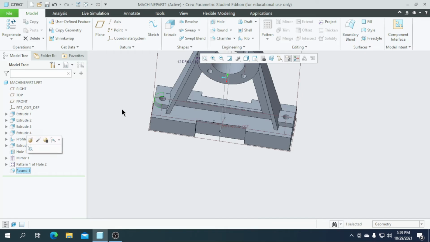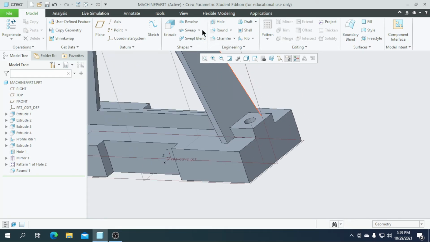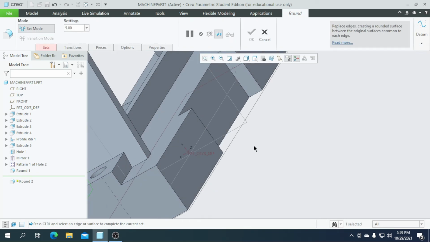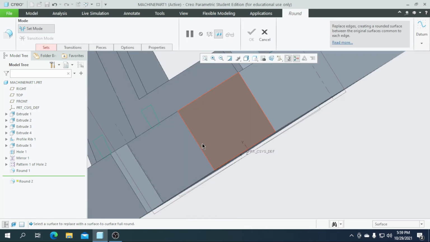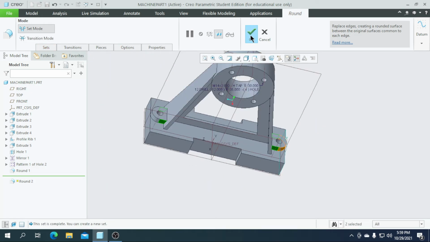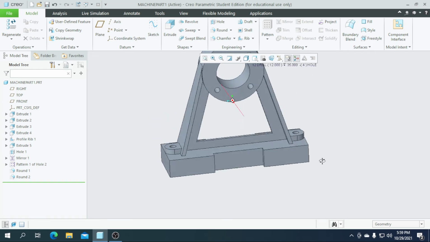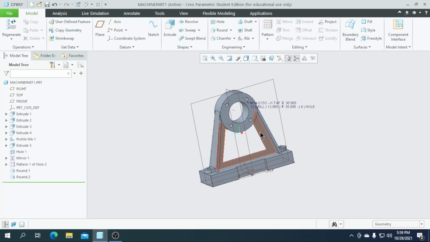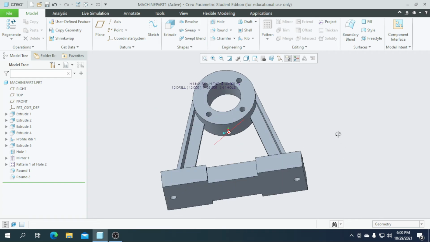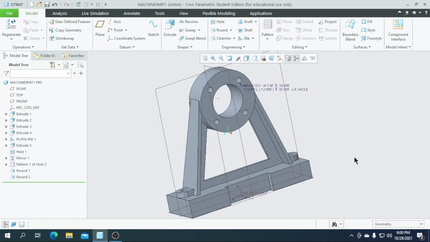So I am going to mirror this round. Okay, round can't be mirrored. So go for the round again, select this surface, Control plus this surface and the face as this face. So you can see here we got the round section here and a drill of M14 into 2 ISO standard. So our part has been successfully completed.